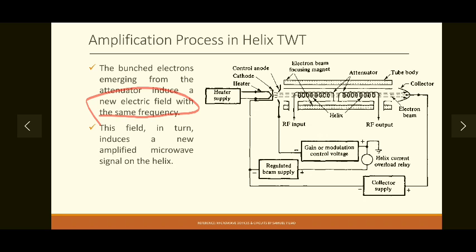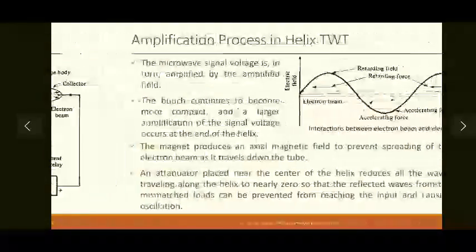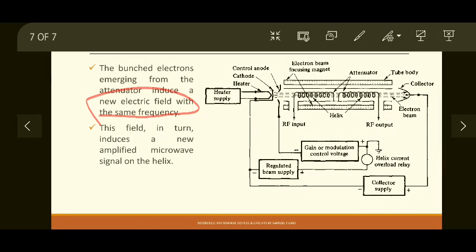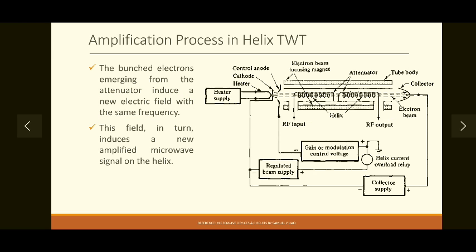Regarding TWT, the key part is transfer of energy from the electron beam towards the accelerating field. That is the important thing, and that happens because of space harmonics of a traveling wave, a microwave, whose velocity would exceed the velocity of light, which should be forbidden, and which will be experiencing a retarding force as well as an accelerating force, and that is causing a varying electric field which will be able to help in the velocity modulation and in turn the amplification. So that's all about the amplification process in TWT.